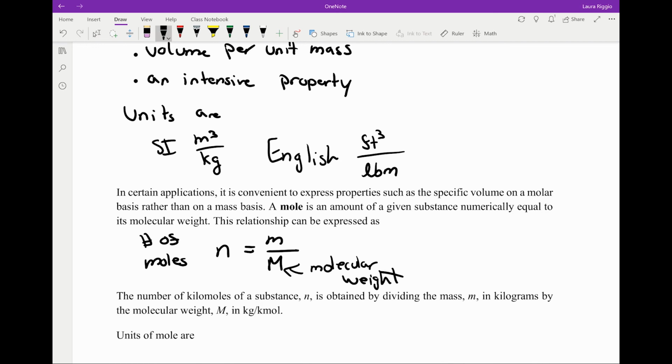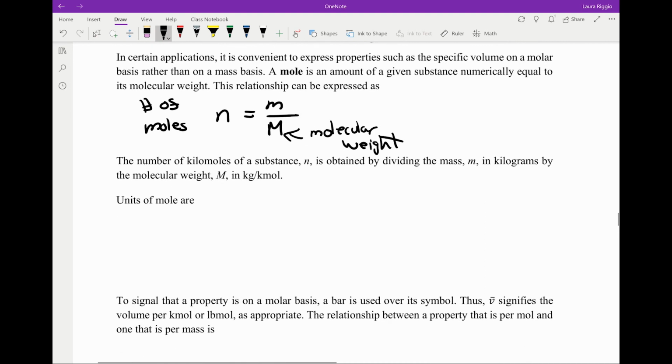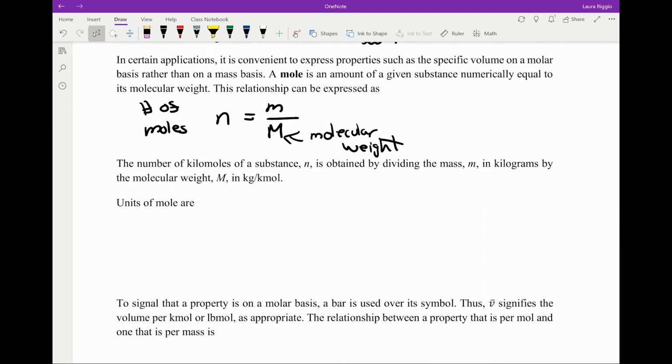The number of kilomoles in a substance N is attained by the mass in kilograms by our molecular weight in kilograms per mole. The units of mole are the kilomole